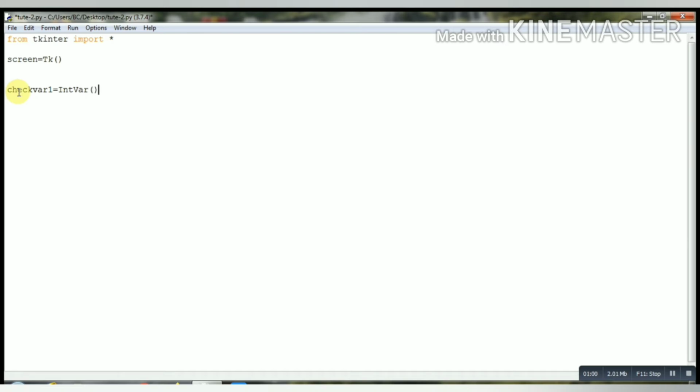Now make another, checkvar2, also an integer variable. Now let's define C1. Remember, guys, C capital and V capital, and in IntVar I capital and V capital. Let's define C1 as Checkbutton, in which C will be capital, on the screen.